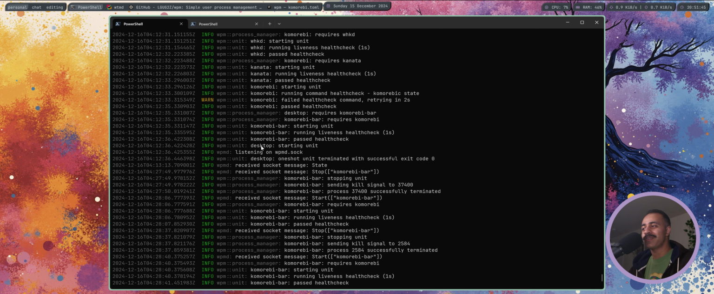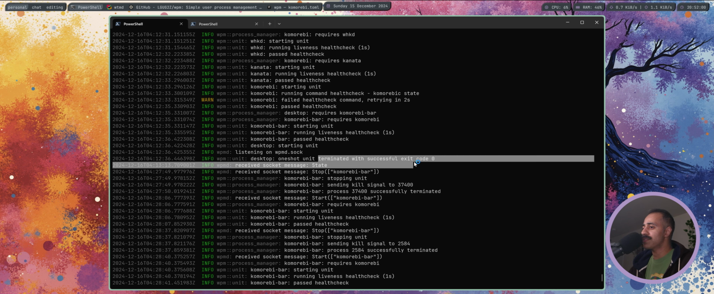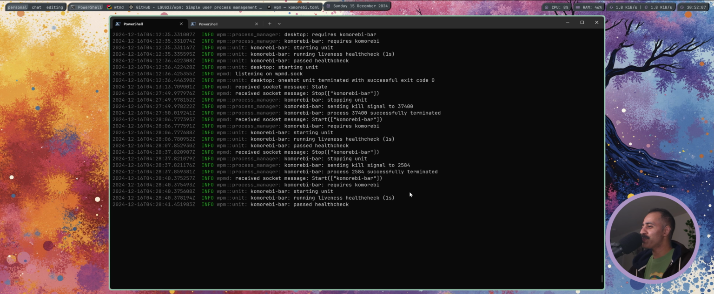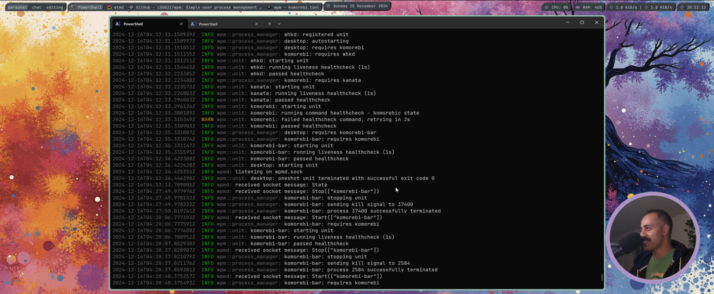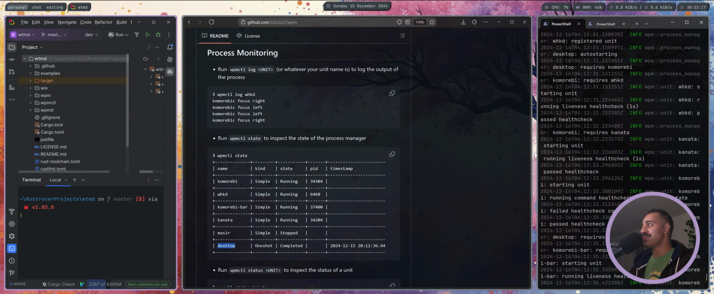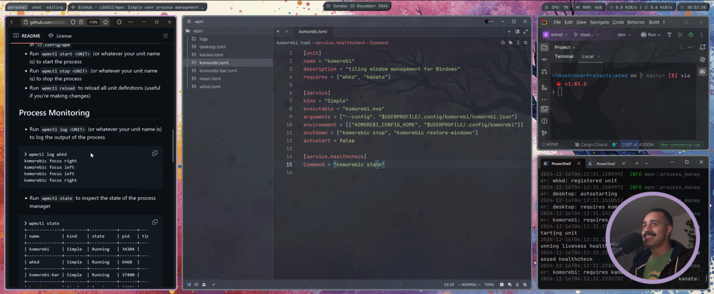And then we get on to desktop, right here, starting unit. And then desktop is a one-shot unit, so it runs something and then it exits. And this execution terminated with a successful exit code of 0. So this is very exciting to see in real time. I know it's not super exciting to look at logs, but it is super duper exciting to see in